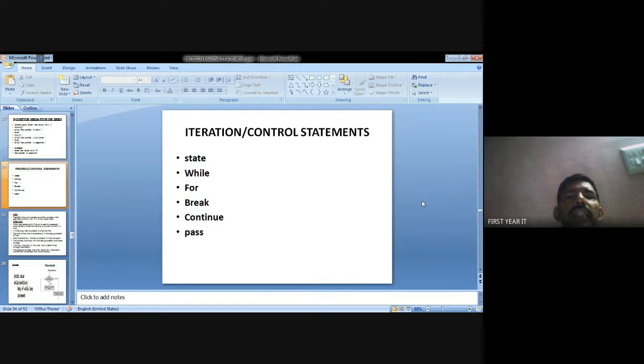Okay, this is the conditional loop and iterations. Looping statements: while, for, break, continue, pass. Iteration means you have to check the statement and repeat it a number of times. Looping means we can execute the statement a number of times, using iterations.